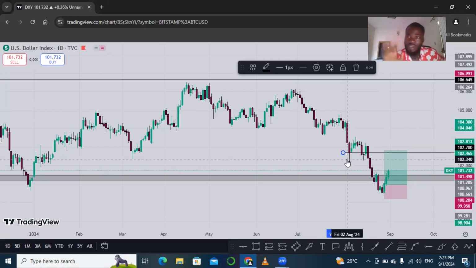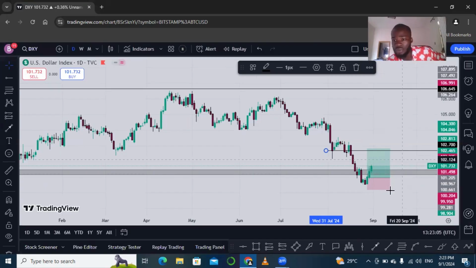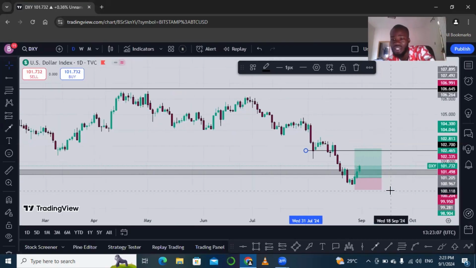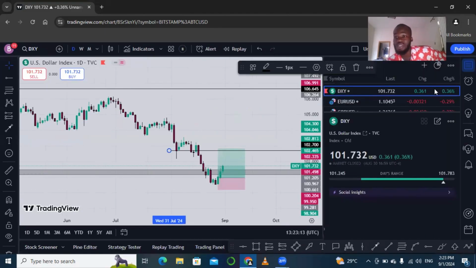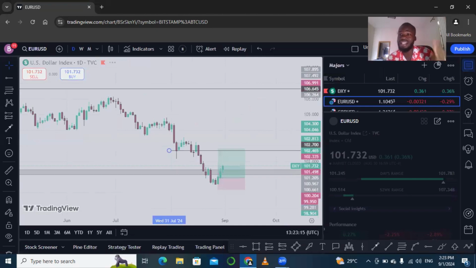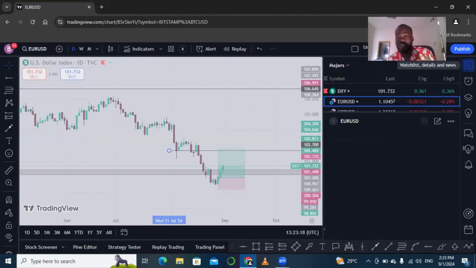Now, let me explain what I mean. As you can see now, GBP USD has already gained strength with how many candles? One, two, three, three green candles now. Go over to Euro USD. You see, almost the same thing is happening, but it is inverse. As DSY is buying, Euro USD is currently selling. So that's what I mean by whenever I analyze DSY and I see that DSY is going to gain strength,